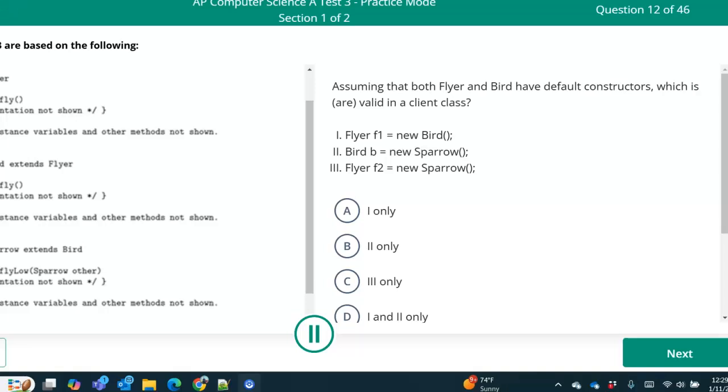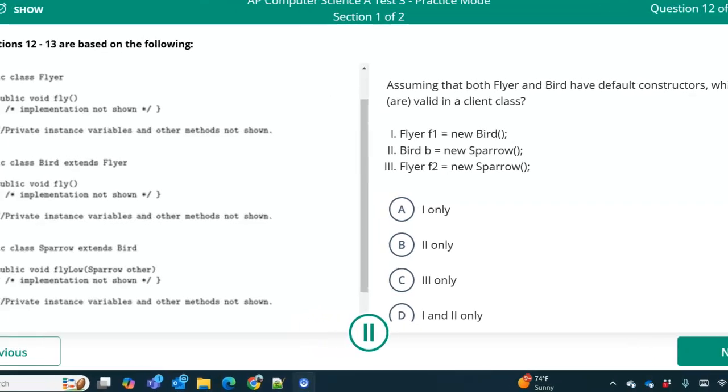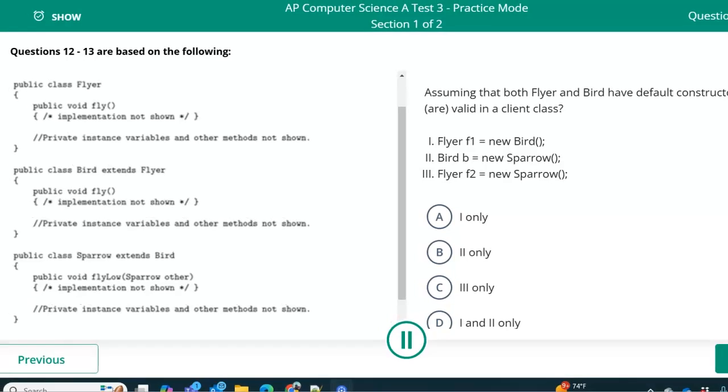Let me move this in. I think we can see all the relevant stuff at once. All right. Flyer F1 equals new bird. All right, so this kind of relationship, an inheritance relationship, is called an is-a relationship. So a bird is a flyer, and a sparrow is a flyer. So since a bird is a flyer, you can